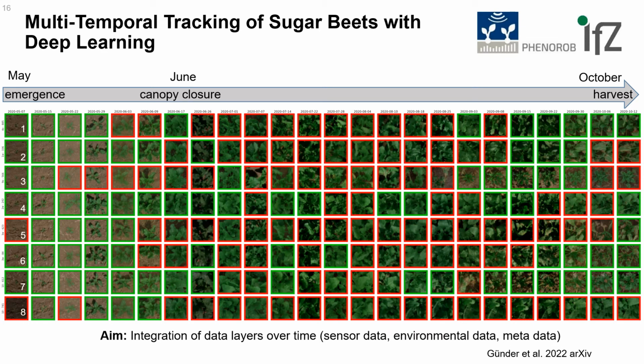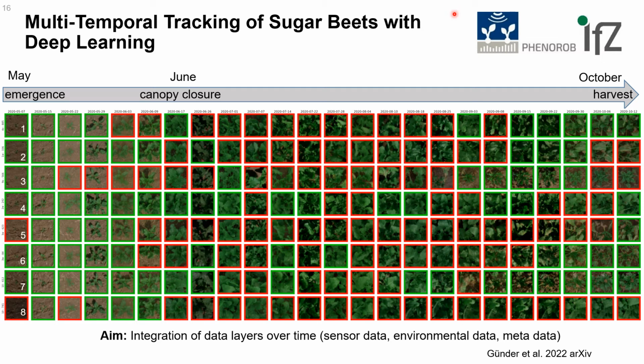And what you see here is a multi-temporal tracking of sugar beets with deep learning. Currently, we aim to integrate sensor data and environmental data for prognosis and monitoring of disease development in sugar beets, and therefore Maurice and Facundo established this kind of multi-temporal tracking of sugar beets by a deep learning approach. By this, one is able to monitor each single plant on the field or in a plot from plant emergence over canopy closure until harvest with a very high spatial resolution. So literally each single plant with its location can be tracked and found at any time point, and this can